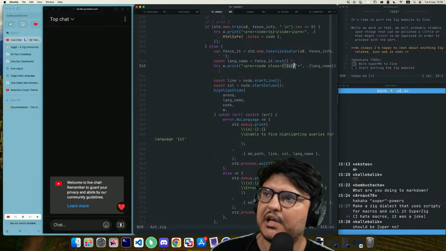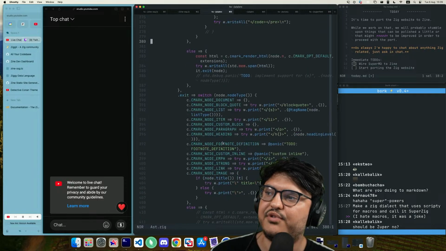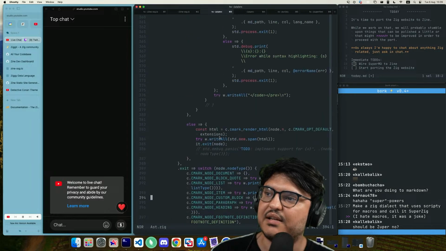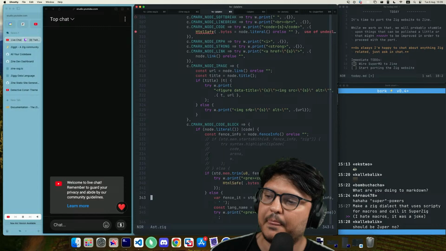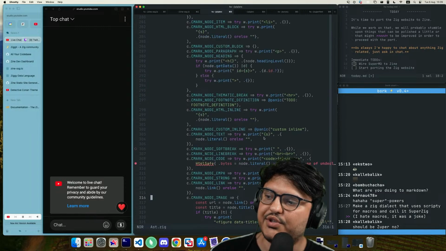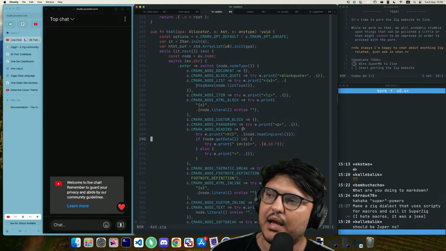Lang name gets put as a class, and then we call highlight code. Oh man, this stuff totally needs to be inside of Zine. There are already two dependencies into Zine which don't really belong in here, and we're going to add more.